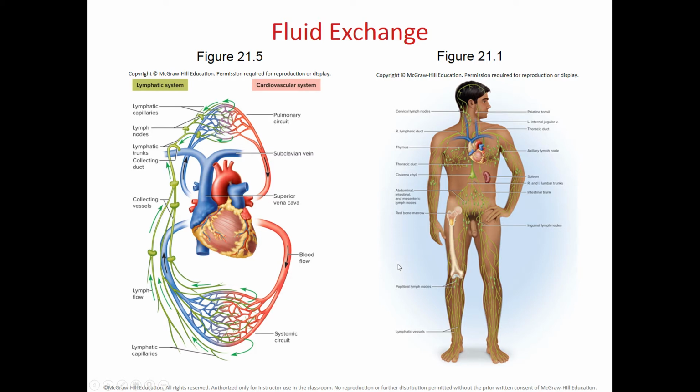The thoracic duct, which is found here on the left side of the body, will drain into the left subclavian vein, while the right lymphatic duct, which is found here on the right side of the body, will drain into the right subclavian vein. And then, as you can see here, we have within the body a lot of lymph